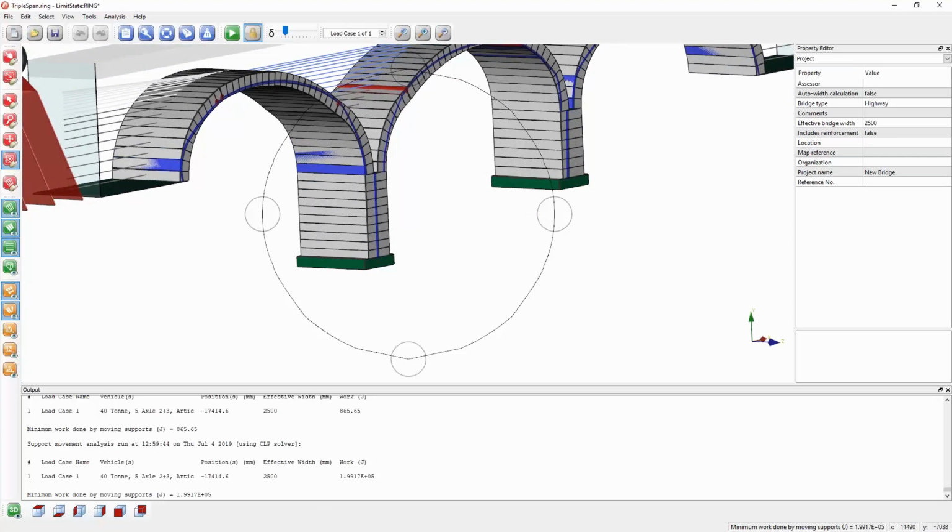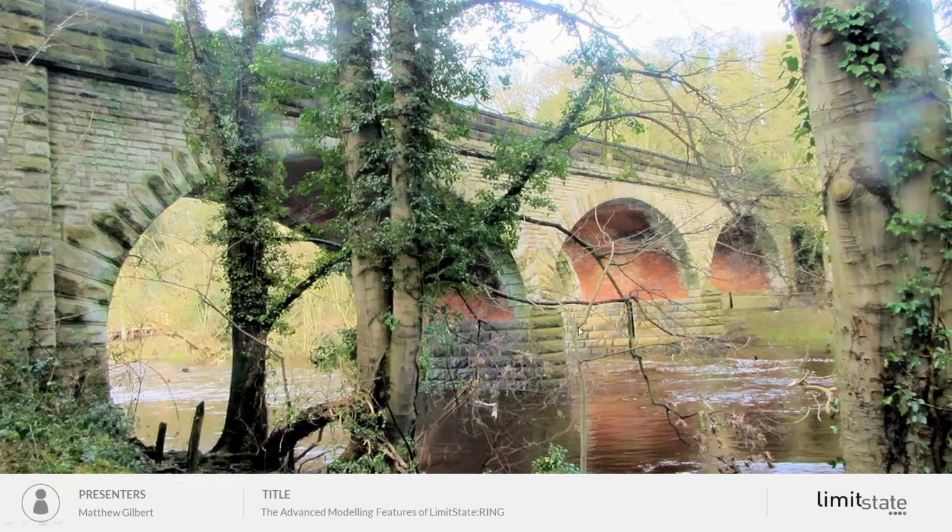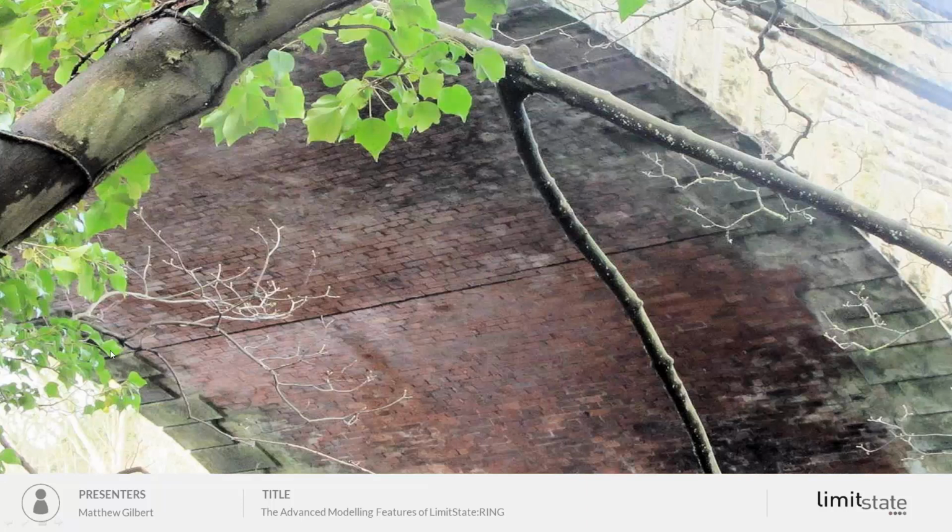If we go back to the slides, we can zoom in on this first span, and actually we can see that we do have that transverse crack that we expect to see. In this particular case, it's probably a little bit further up the arch from the pier,